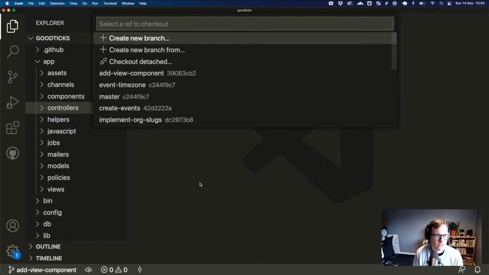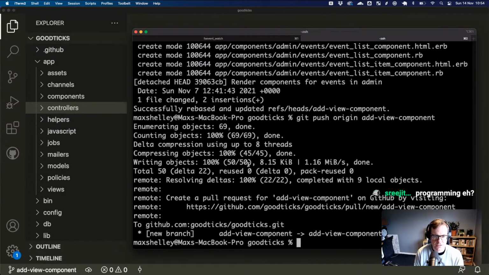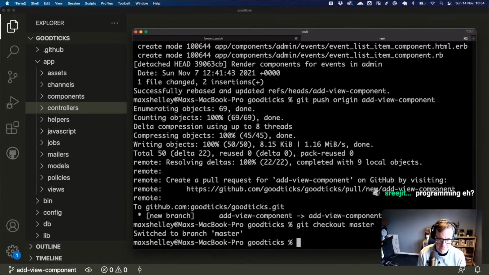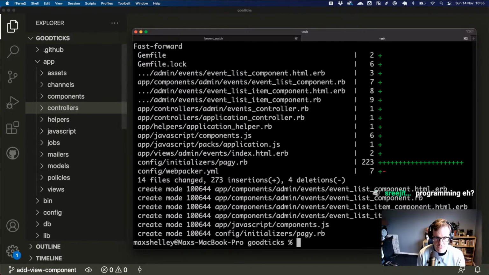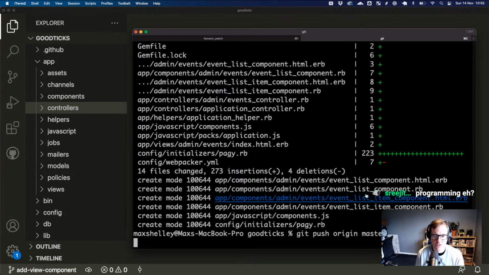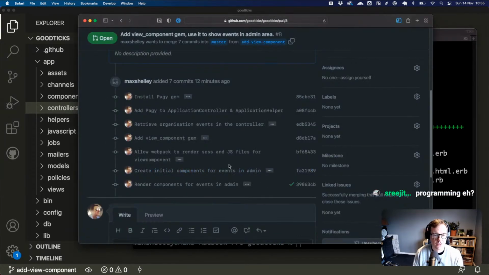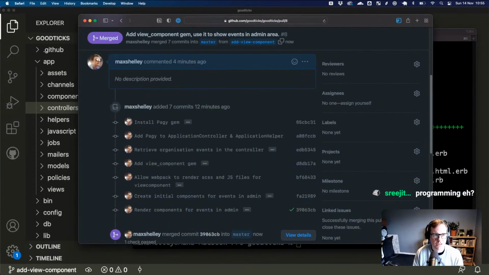Right, so we are going to merge this in. We're happy that this is just a bunch of stuff. Let's say git checkout master, and we are going to git merge add view component, git push origin master, and we should see our PR go purple, nice and merged.